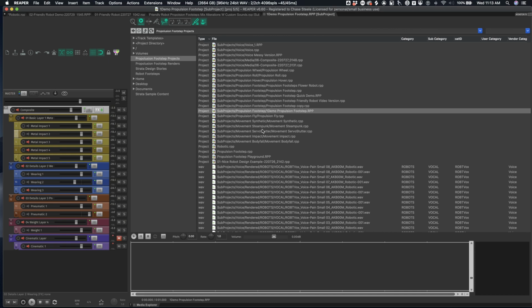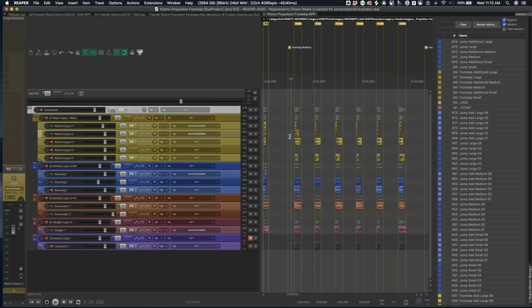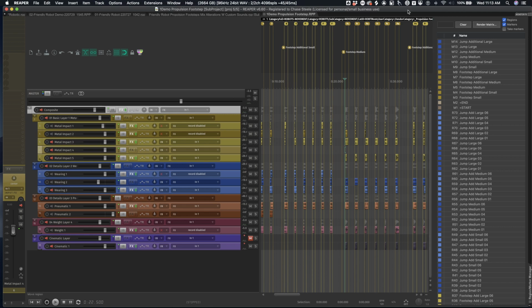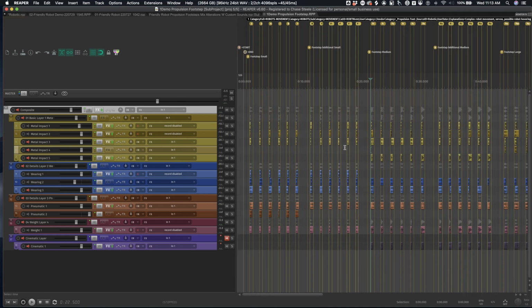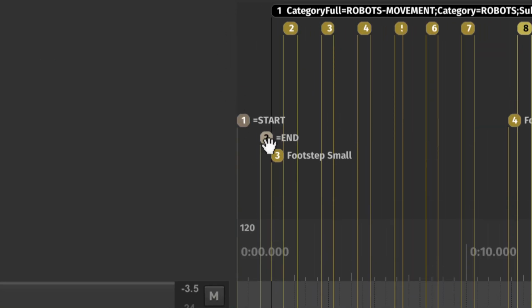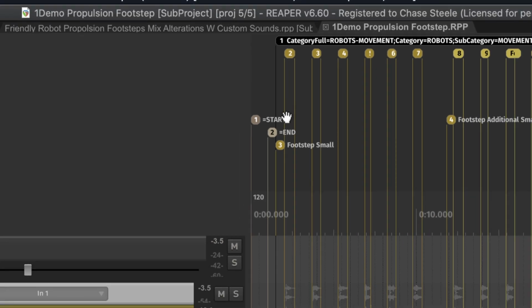design project, is I'm going to go to, all right, so there's the footstep medium, right? I'm back here where I want to be. And I'm going to get rid of my region window for a second. So very important. You'll notice, if you haven't already, at the beginning of all of our Reaper sub-projects, or some Reaper projects anyway, there's a start and an end marker that already exists there. And if you're wondering what the purpose of those are, it's actually what would generate a rendered preview of what is within this sub-project.